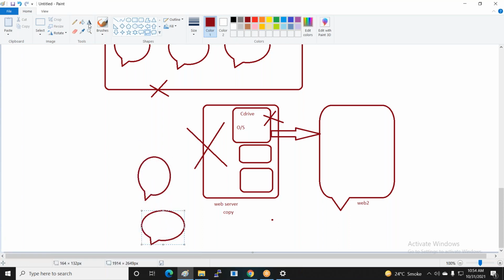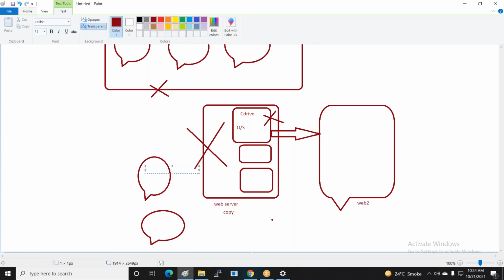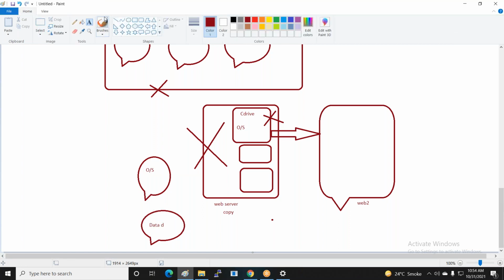There are two drives available. One is the OS drive and the second is the data drive. Now I attach this OS drive and data drive to this particular new server. So all the data is automatically recovered for this server, your website and your data, both drives. So what is the process? I just go to the portal.